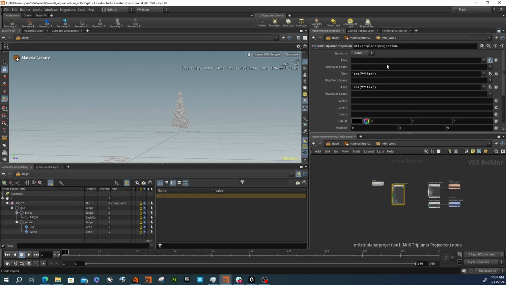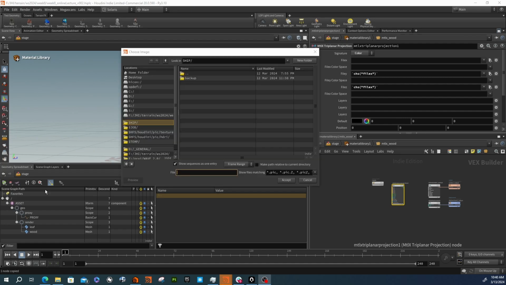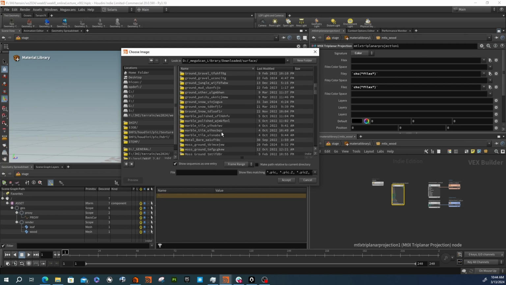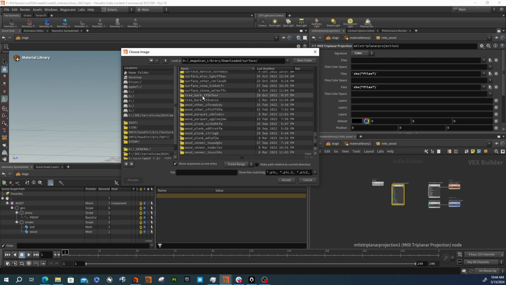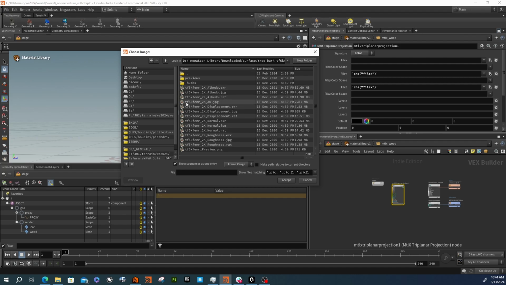And now we'll jump out. I've got some things already pre-downloaded. I'm just going to come up here to where I keep my stuff. We're going to come into the Megascans library, downloaded, and again, I'm just going to grab a few things just to be quick here. I think down here there is a wood, not veneer, plank, other, tree bark. So we'll just use this first tree bark, and 2K is going to be fine. We're never going to be up close to this, so we'll just grab this, say accept,